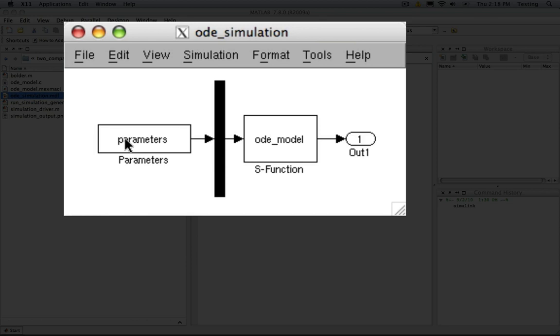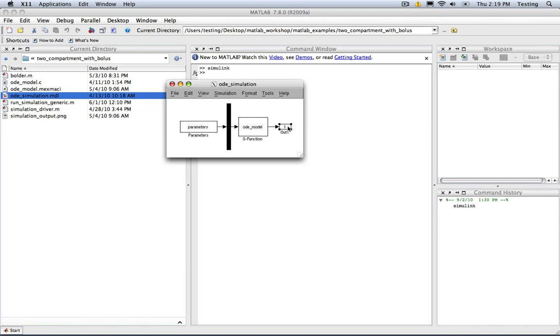We have a mux block. We're basically just passing the parameter signal through. We have the S function block here, which contains our ODE model, and then we have our output, which is going to contain the y's in our system. What I want to do is double-click on the mux block. So, first we'll start by looking at the parameters block. If we double-click on this,